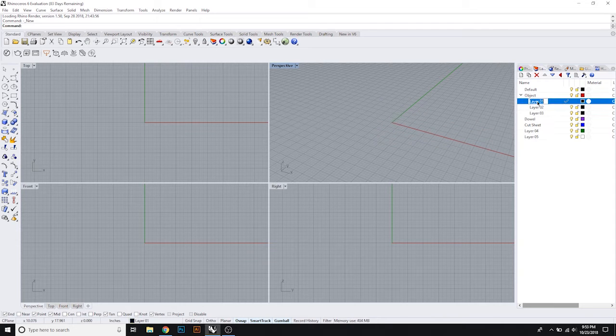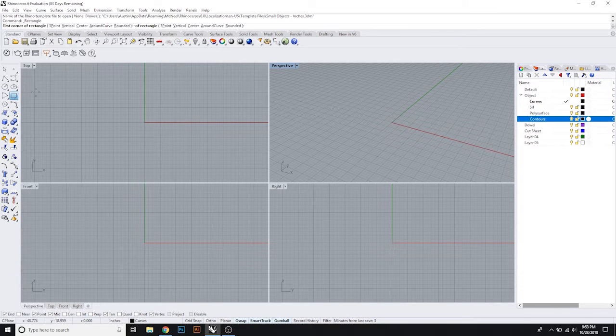So an object requires a surface, a poly surface, some curves, and lastly, contours. So starting with some curves, why don't we take a rectangle